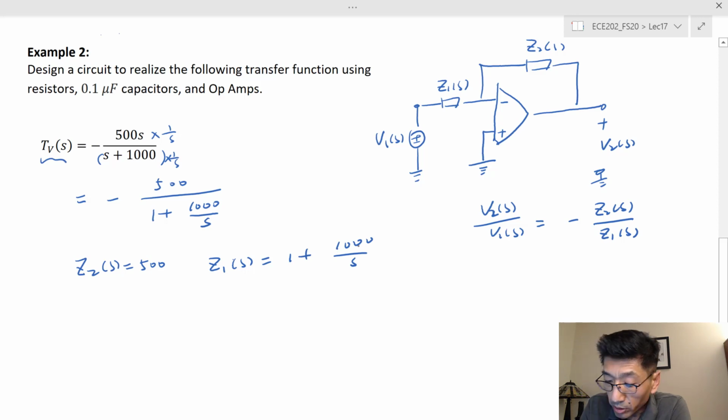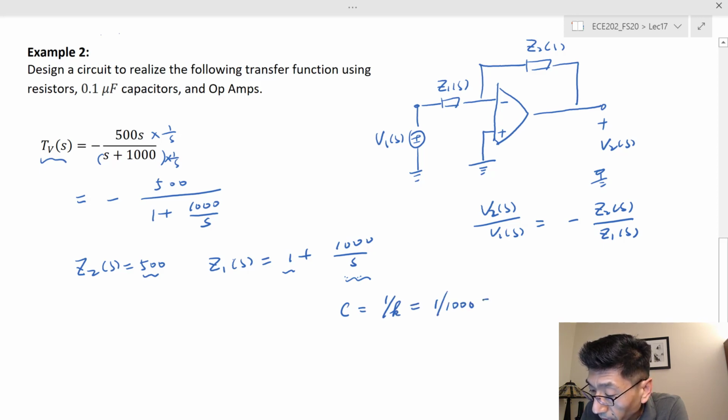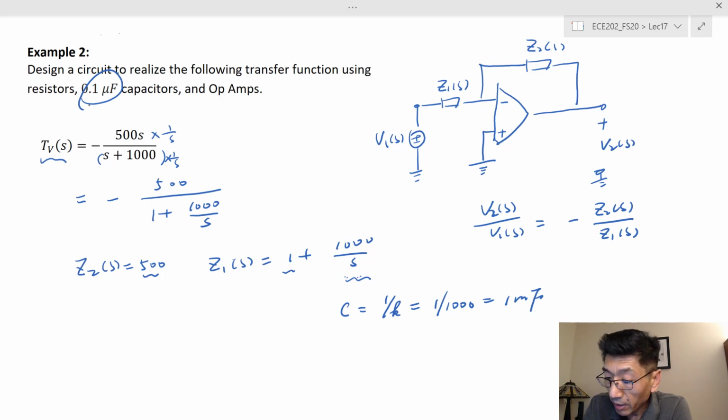This could be a resistance, this 1 ohm resistance. So in this case, what is the capacitance for this term? The capacitance C is going to be equal to 1 over K. That's equal to 1 millifarad, 1 over 1,000. So that's 1 millifarad. This doesn't meet the requirement. We want to use smaller capacitance, right? So in that case, we need to have a K